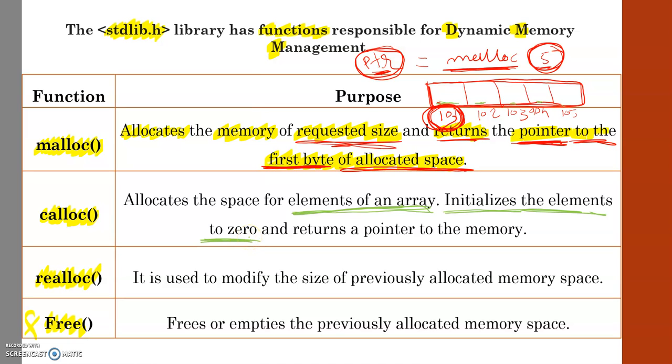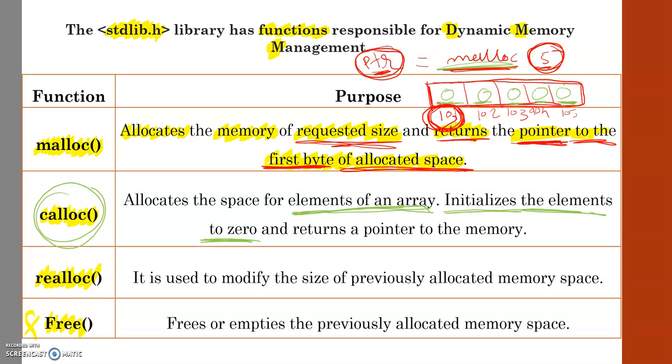So see, when I say 5 locations through the malloc, all these locations will have the garbage value at the initial stage. Very beginning, when you actually allocate the space, it will have the garbage value. But if you are doing the same thing through the calloc, it will initialize all these locations by the value 0.